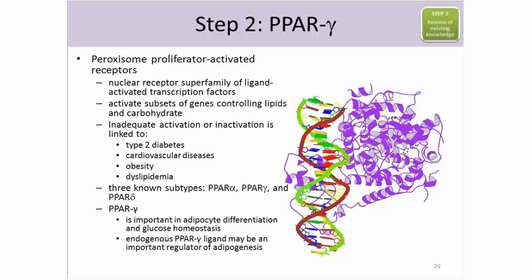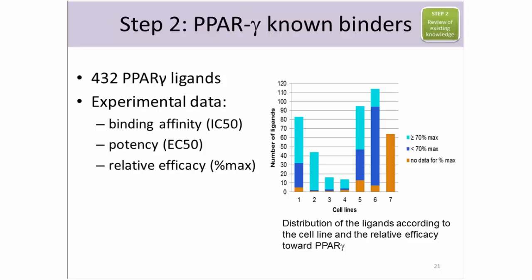And it is part of a family with three subtypes, and they are structurally different. So PPAR gamma is a well-defined structure. And again, for PPAR gamma, different ligands were collected. We had more than 400 ligands with all the data